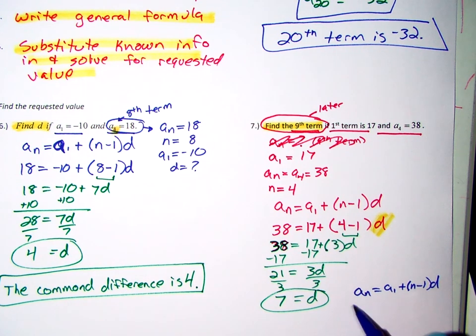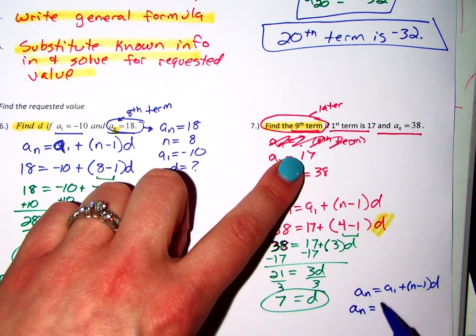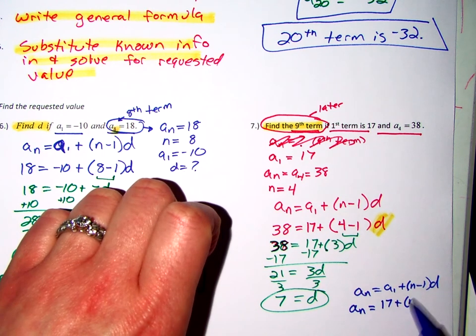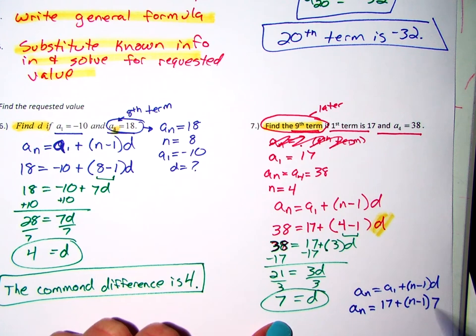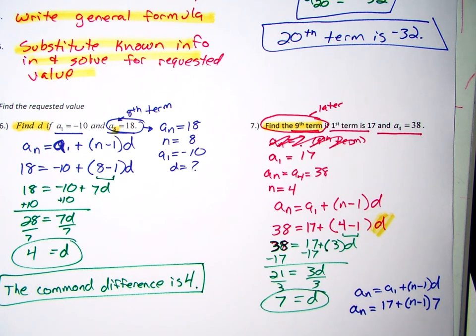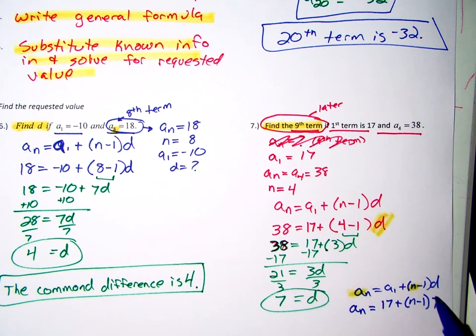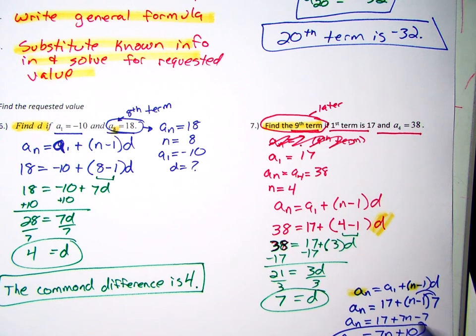So now my general formula means I don't know what variable I'm looking for. I still know my first value, which is 17, plus I don't know what value we're looking for, so my n is still an n, but now I know my d is 7. So to write our general formula, just like we did before, we leave our a sub n and our n as variables, and then we simplify. So we distribute this in, and we'd get a sub n equals 17 plus 7n minus 7. And then we can combine our like terms, so a sub n equals 7n plus 10. So now this is my general formula,